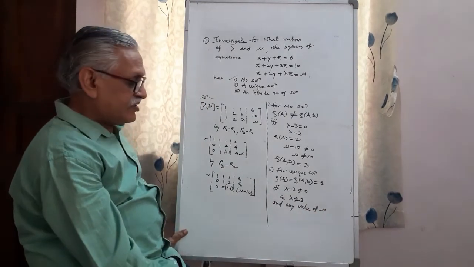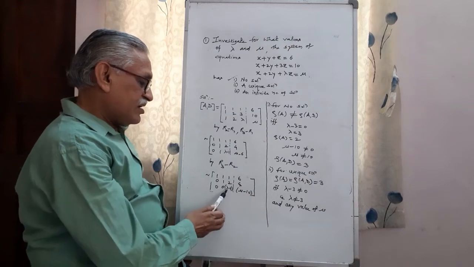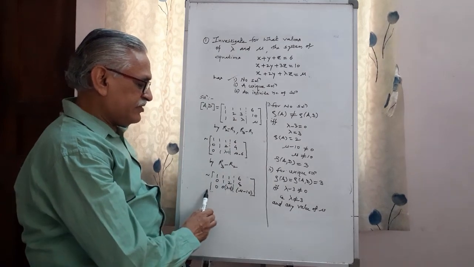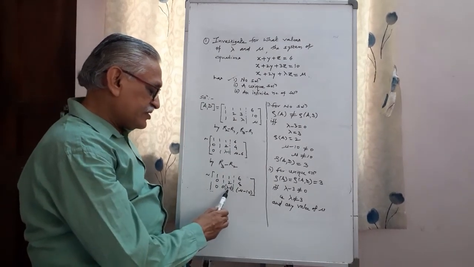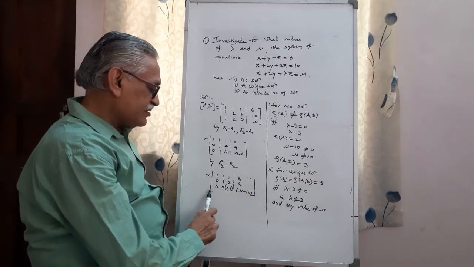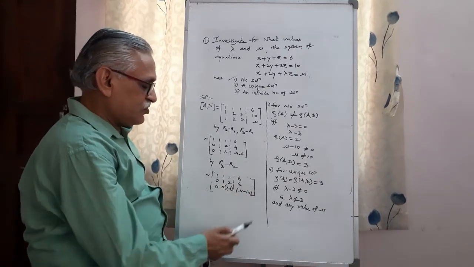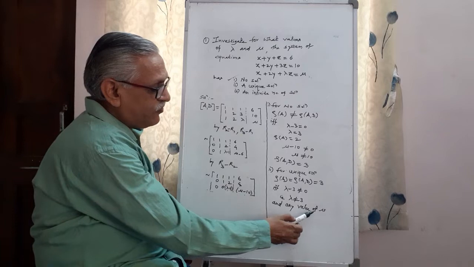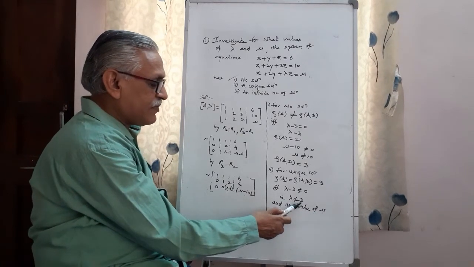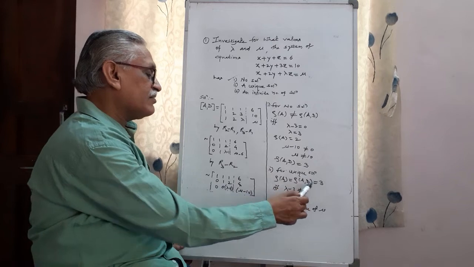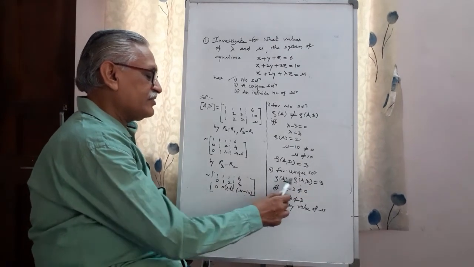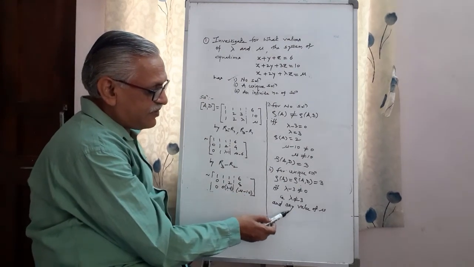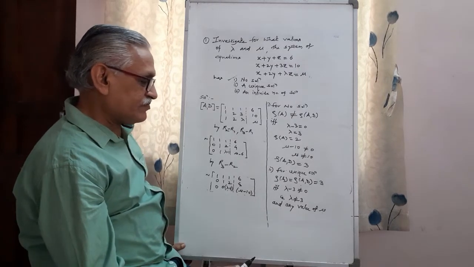Any value of mu. Once again I will repeat. If this is not equal to 0, we get the rank of this matrix A as 3. If this is non-zero, then the rank of the complete matrix is also 3, whether this is 0 or non-zero. Means whatever the value of mu for this value of lambda, we get rank of the augmented matrix as 3, and if these two are equal, we get a unique solution. Therefore, for these values of lambda and mu, we get a unique solution.